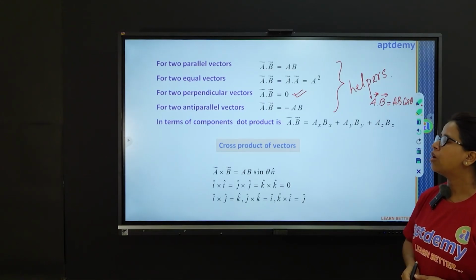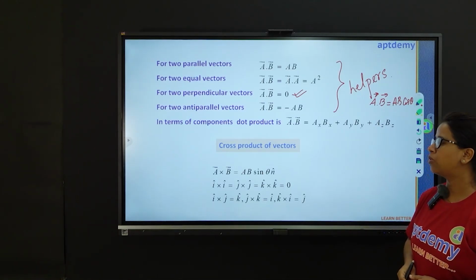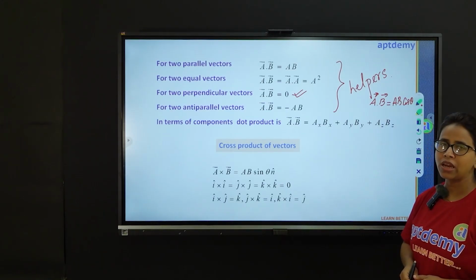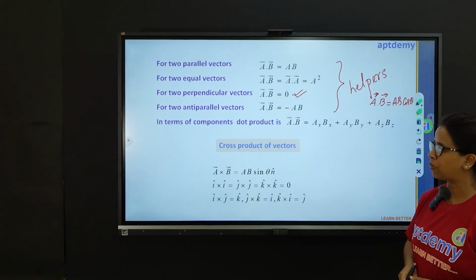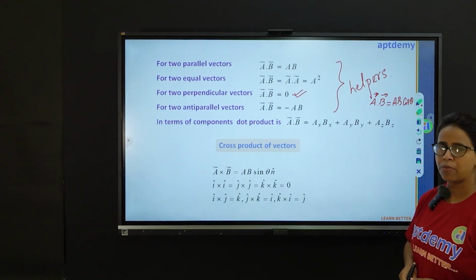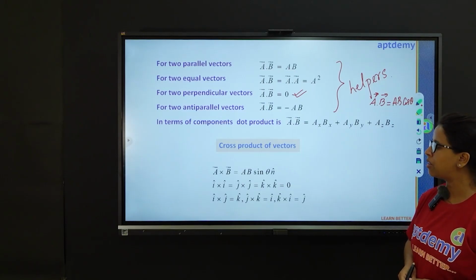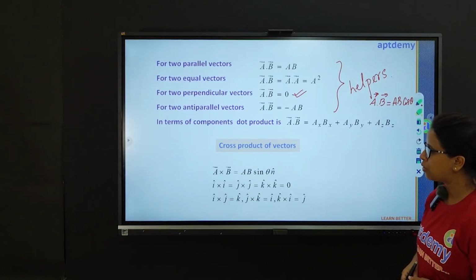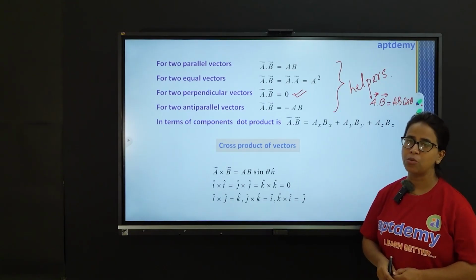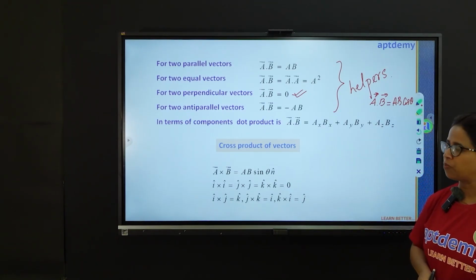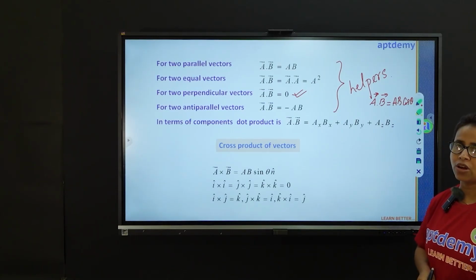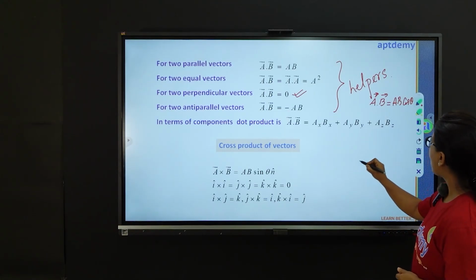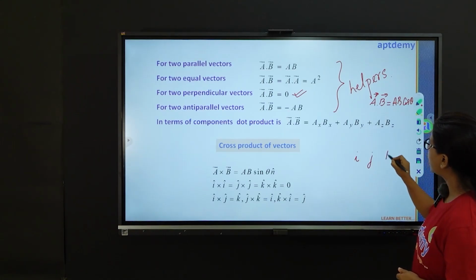Now cross product of vectors. Vector A cross vector B is equal to AB sin theta n cap, where n cap is the unit vector in the direction perpendicular to the plane of the vectors. Now i cap cross i cap is equal to j cap cross j cap is equal to k cap cross k cap, which is equal to 0. So cross product of two similar unit vectors is 0. And i cap cross j cap is equal to k cap. Now this order has to be cyclic. So if you are taking i, j and k